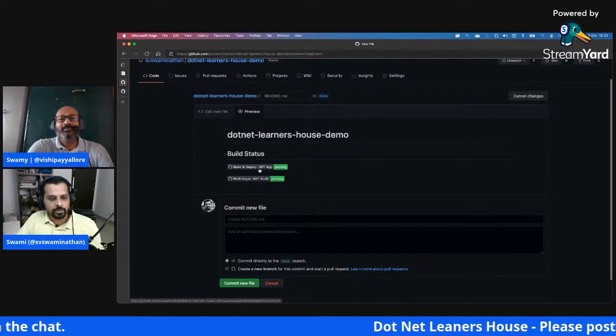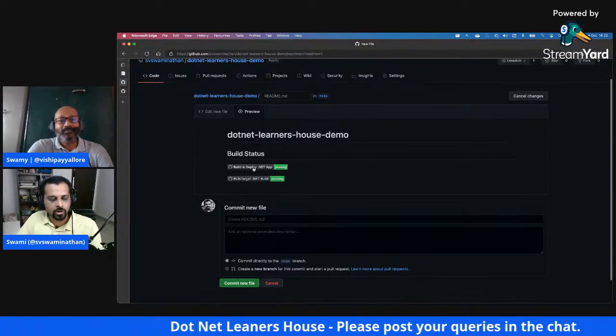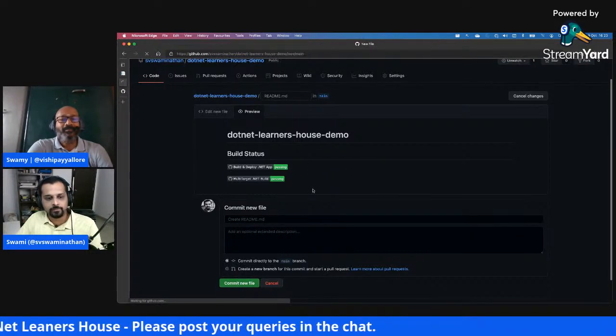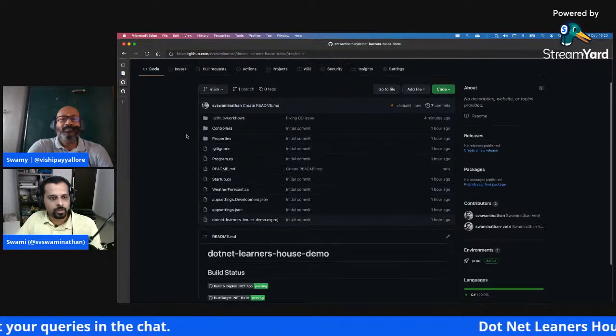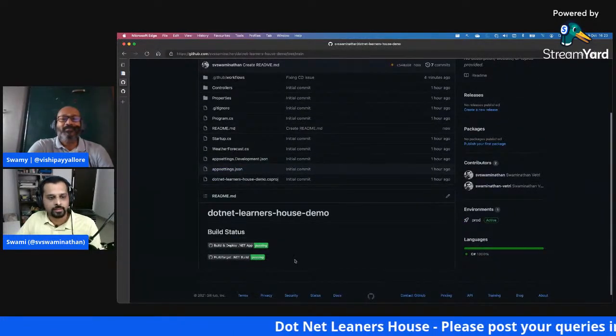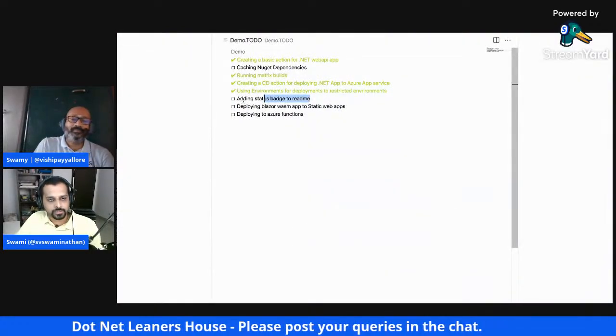See, this is one build and deploy .NET app, and then multi-target .NET build. However many workflows you have, you can call out all of them specifically here, and then you can push them as well. So that anyone tomorrow or today or later, anytime you come and look at this particular repository, you can see that this particular build status is already up and running there, right? That's about setting up the build statuses.